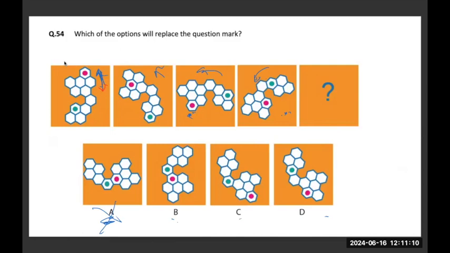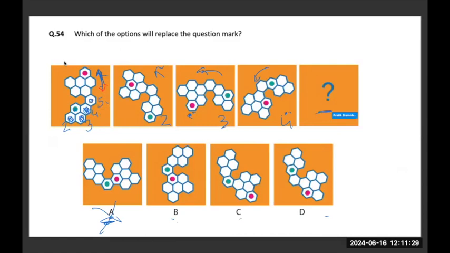So what we'll do is we'll locate the dots. We'll start with the green dot. ये ग्रीन डॉट यहाँ पे है. सेकेंड फिगर, दिस इज थर्ड एंड दिस इज फोर्थ. थर्ड सेकेंड फिगर में वो डॉट का पोजीशन यहाँ पे आ जाता है. थर्ड फिगर में ये यहाँ पे आ जाता है. फोर्थ फिगर में यहाँ पे आ जाता है, which means in the fifth position it has to be here, which